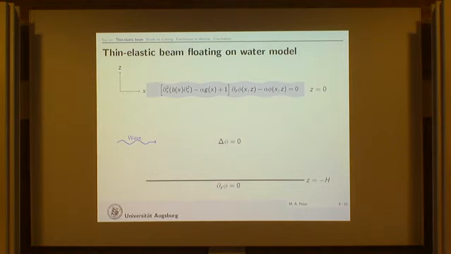a thin elastic beam floating on water. So basically, what we have is a beam floating on the surface, which, because of these variations in the thickness of the beam, has what I would call a varying rigidity and a varying mass in terms of non-dimensional parameters. And then for the water, we just look at irrotational inviscid theory, time harmonic waves. So basically, very standard. We have a no flux condition at the bottom, and what we're interested in is a wave coming in from minus infinity